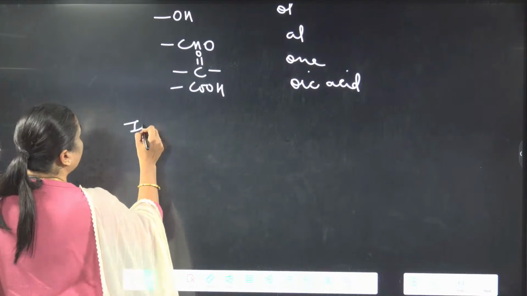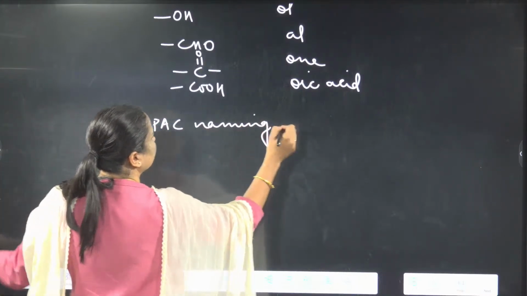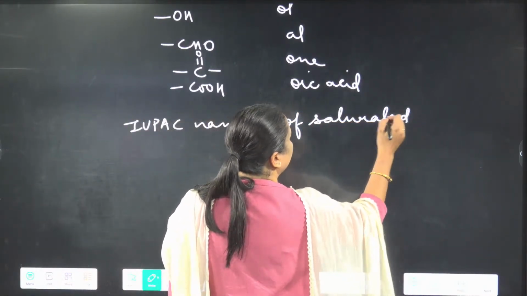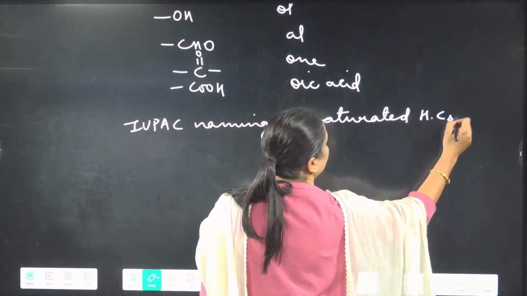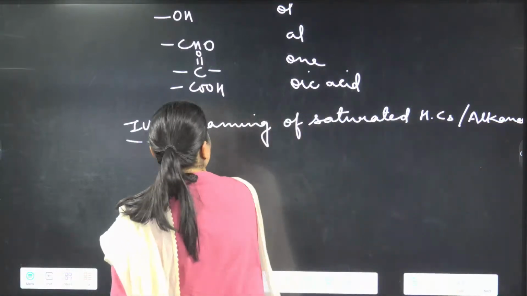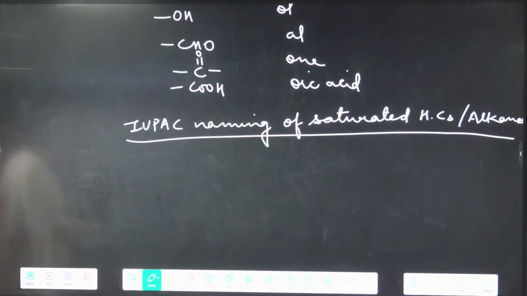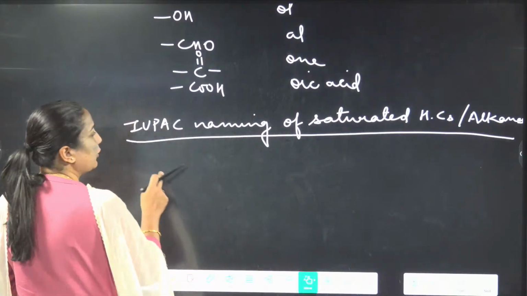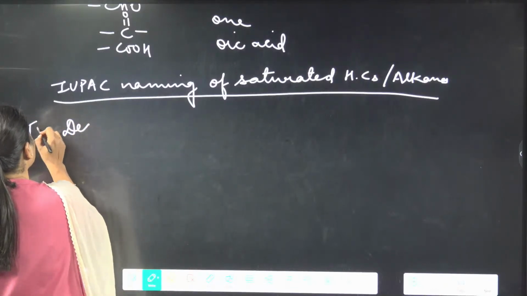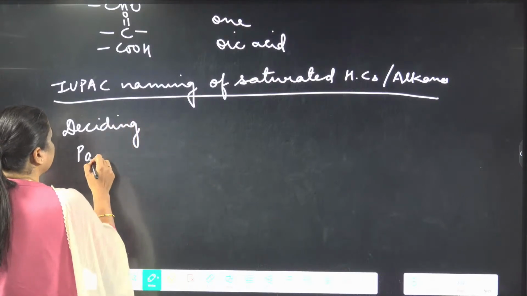Now let us go for IUPAC naming of saturated hydrocarbons or alkanes, one and the same thing. IUPAC naming of saturated hydrocarbons or alkanes. HC is hydrocarbon, okay? Now for deciding the parent chain,